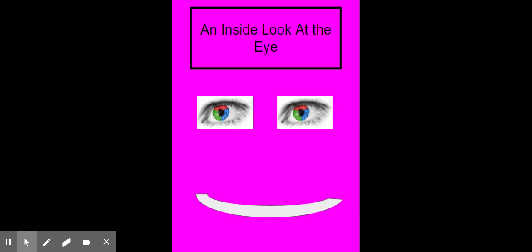Hi, we are going to take an inside look at the eye. We're going to discuss what is a iris, retina, pupil, cornea, lens, optic nerve, and then we're going to talk a little bit about cataracts and glaucoma. Are you ready? All right, bat your eyes for me or blink your eyes. Here we go. First of all, the iris is the flat colored ring shaped membrane behind the cornea of the